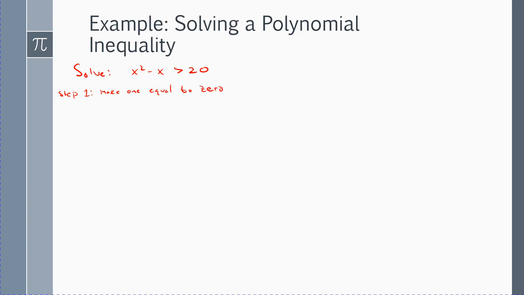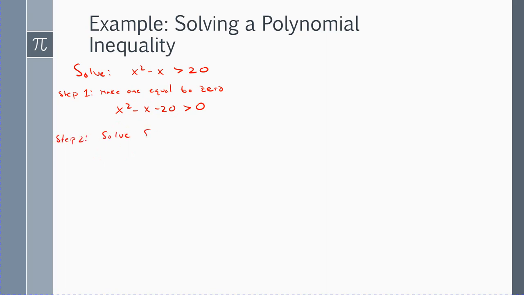So what I'm going to do is take this 20 and subtract it over to the other side. When I do that, I'm left with this right here. This is going to be my f of x. Now step 2,